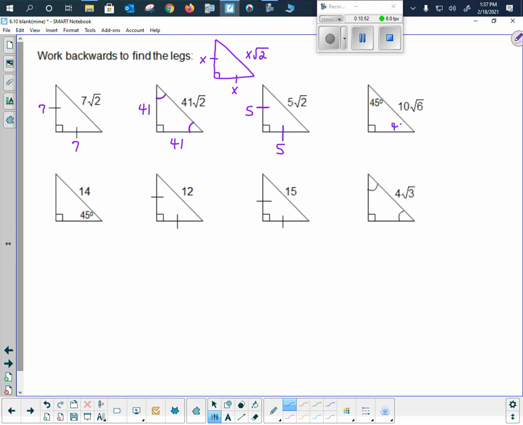Next, if you put the 45 in here, that's 45, 45, 90. Uh-oh, it's not a root 2 anymore. So I can't just plaster down a 10, because that would be wrong. Okay? So if you need to, you are either going to be more of an algebra person and say that this equals x root 2 from our sample problem above, and then just ask yourself how to solve for x, which I hope you would say divide by root 2,